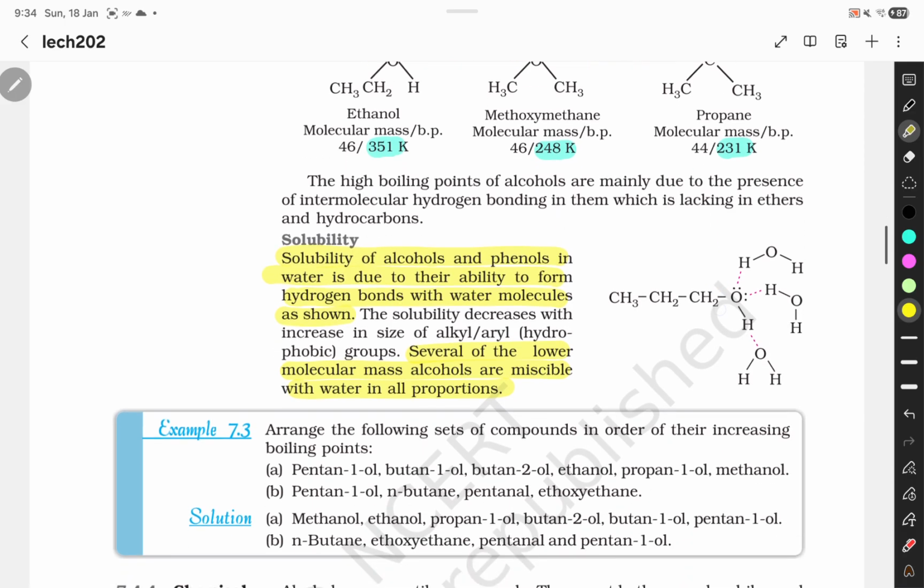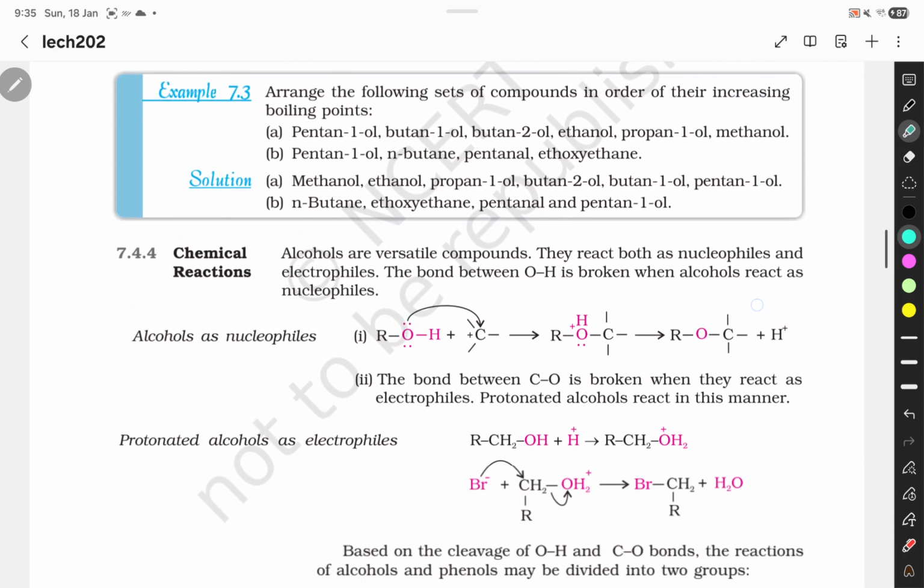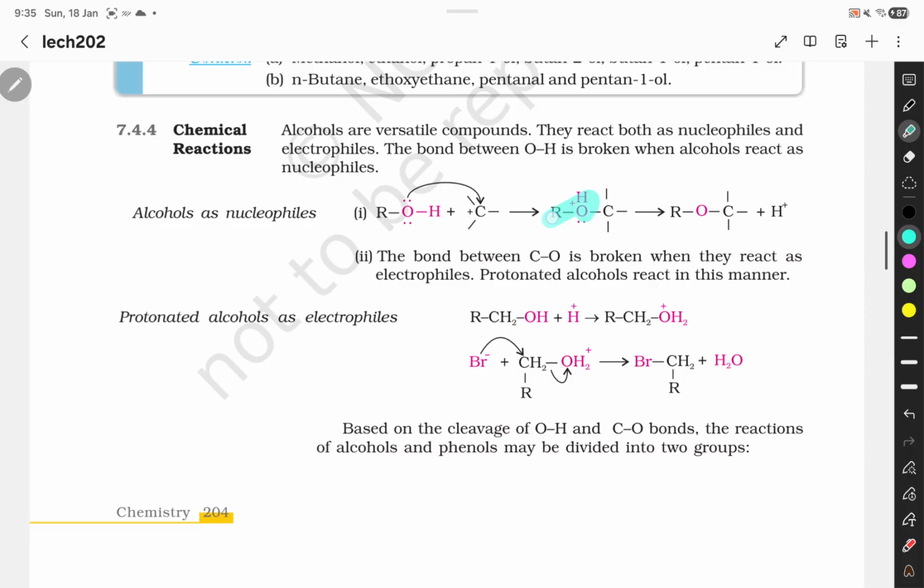Then solubility of alcohols and phenols in water is due to their ability to form hydrogen bonds. That's all. Okay. Then solubility decreases with increase in size of aryl and alkyl groups, because they are hydrophobic groups. Okay. So that's all. Then chemical reaction involves